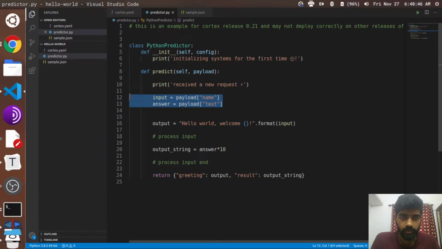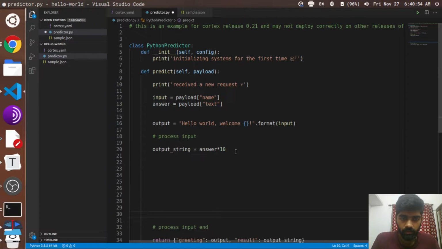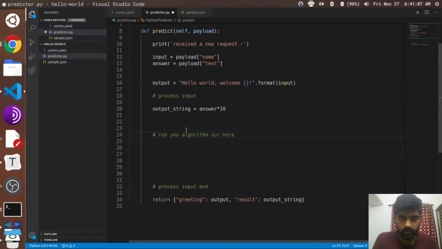And once you have this information that is being sent by the user, you can use it in whatever ways you want to do your processing, run your algorithm over here. And then once you do all the processing, all you have to do is return a dictionary, and again Cortex takes care of it and sends it back as a JSON response.